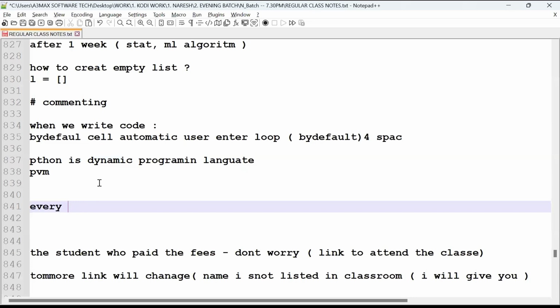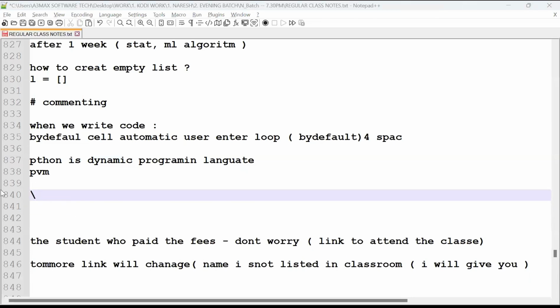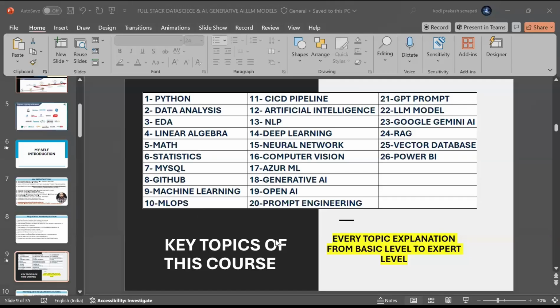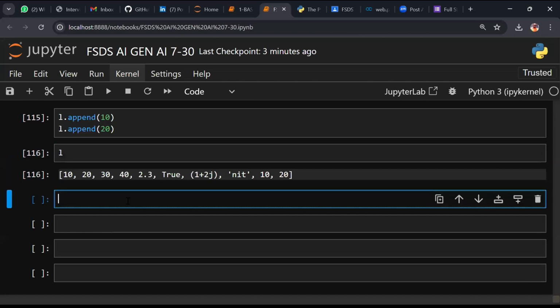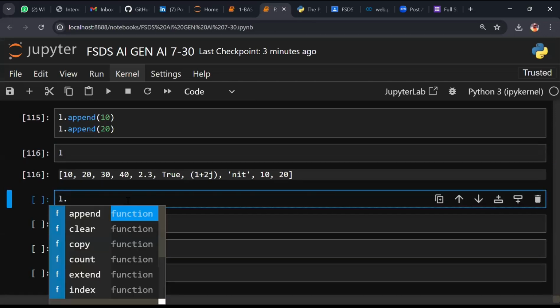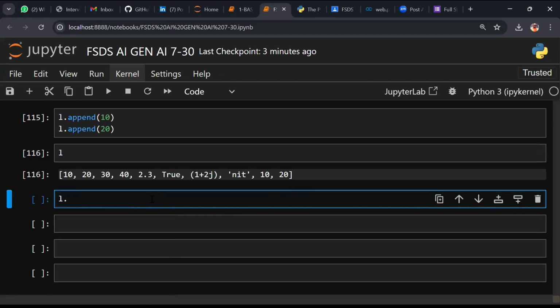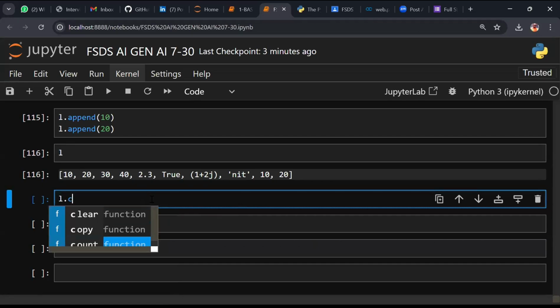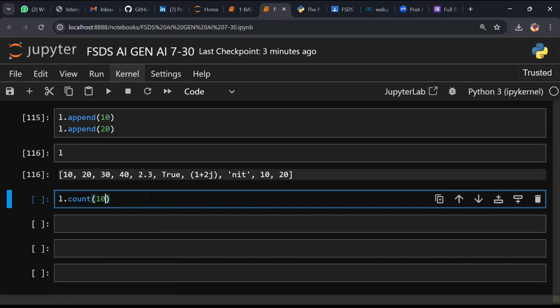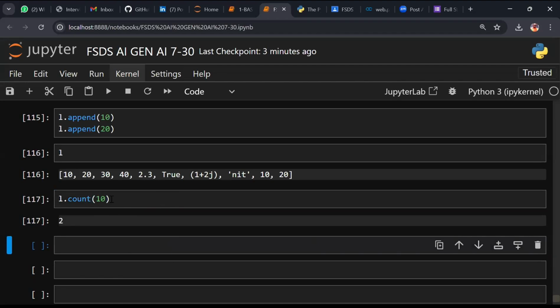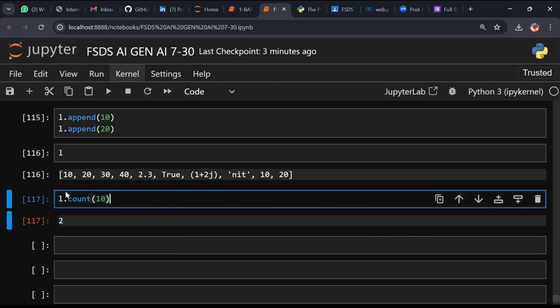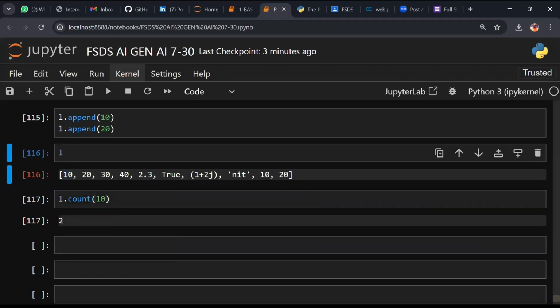Am I clear? Just go here and let's minimize. Just go to the point. Let's get back to the code. Now, L dot clear, are we covered? Now my question, L dot count. So is duplicate allowed or not? When I say L dot count, and if I ask 10, just check what is the count? 2. Why? 1 and 2.